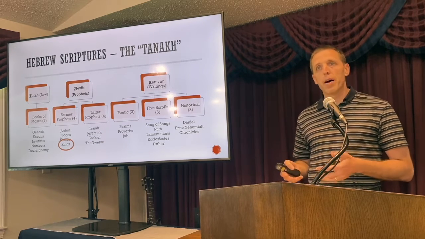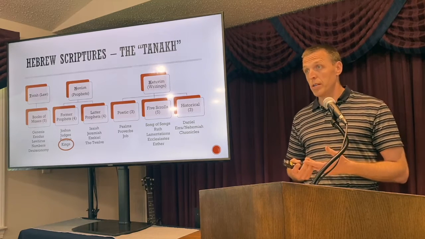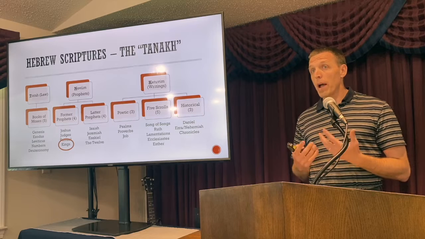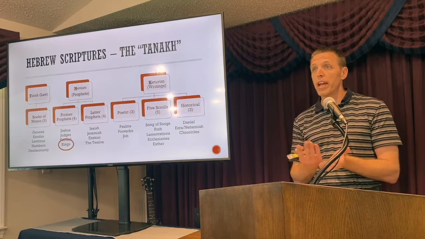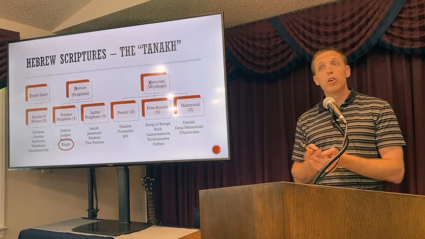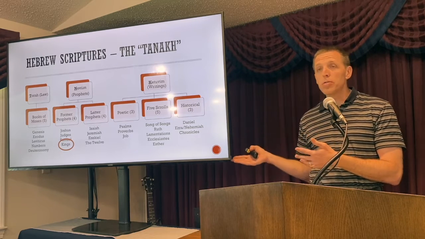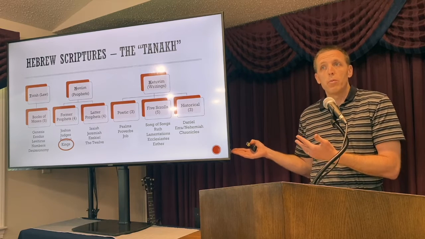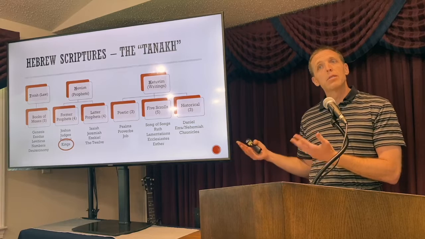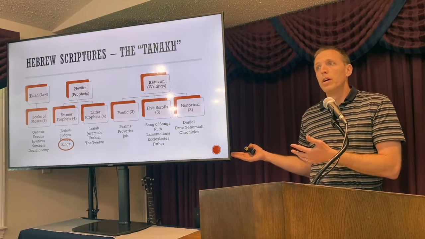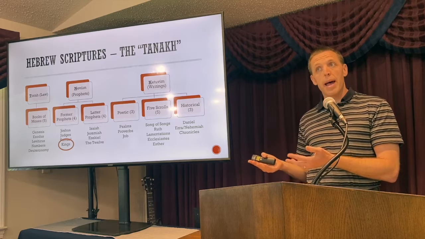Now, the former prophets and the latter prophets share the same vantage point, and that is around the destruction of Jerusalem and the exile of the nation. One of them looks back and says, why did this happen? We were God's chosen people. Why did we get destroyed? Why did we get exiled? Why are we not living in Jerusalem? That's the former prophets. What happened before? Tell us from a prophetic vantage point why it happened.